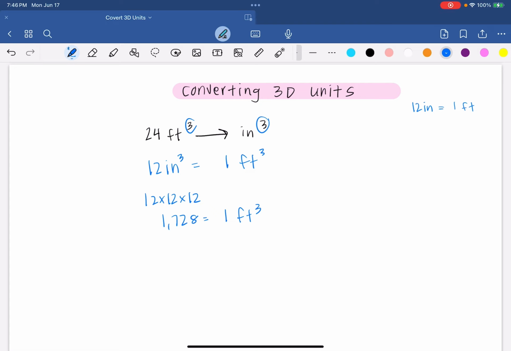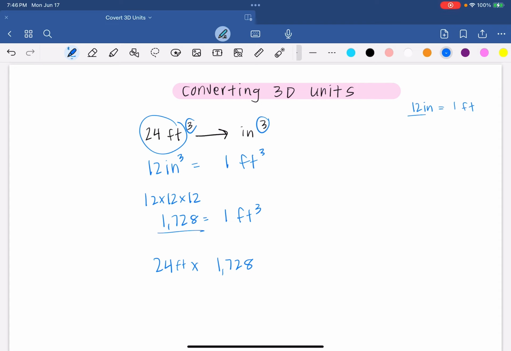But I'm not done. This is my cubic inches, and I need to compare that to my 24 feet that I have. So if I have 24 cubic feet, I need to times that by my 1,728,